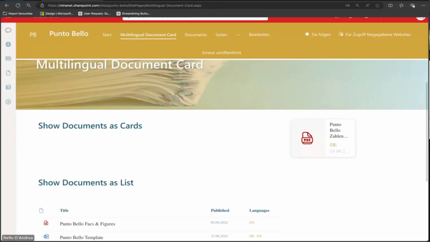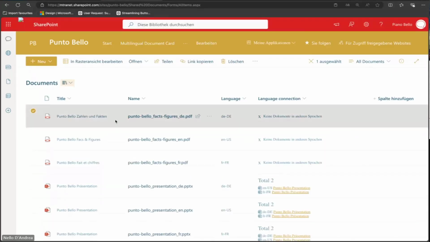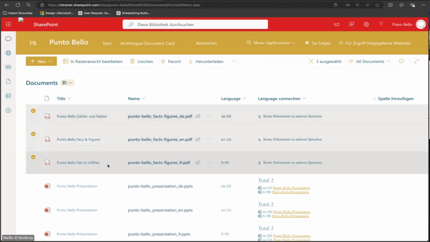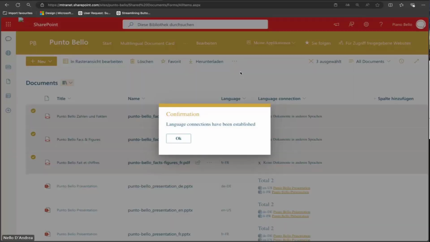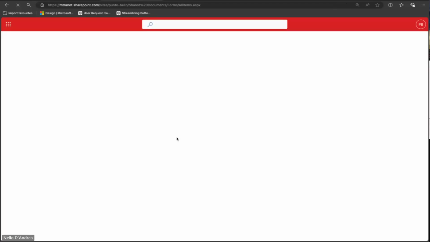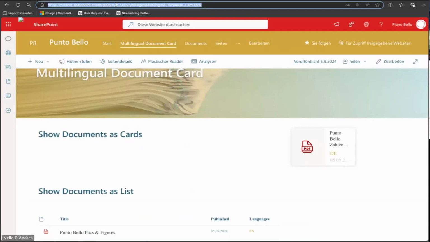Now I can also link this document with the three other documents, and the list view command set automatically activates itself, and I can create the language connection. I get an easy confirmation that the connection has been established. So now, from the German document, I have a link to the English and French document and so on. And if I go here and I refresh the page,